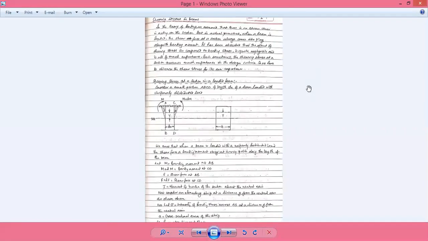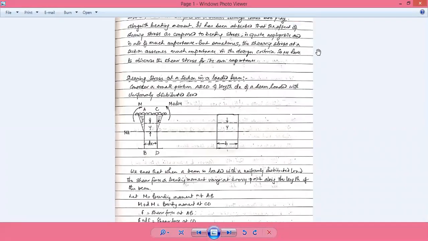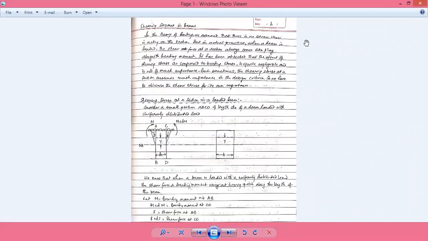We have started the shear stress in the beam itself. Yesterday, what we have discussed first is that, in our earlier classes, when we discussed bending stresses